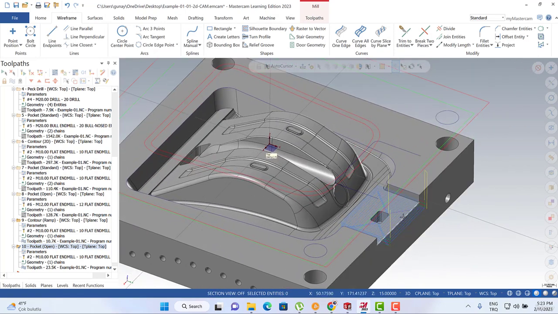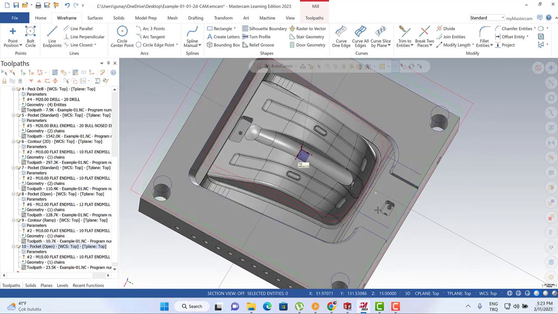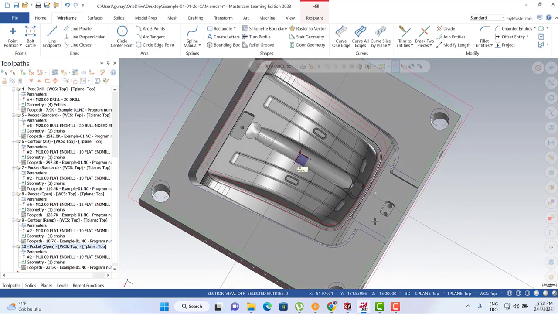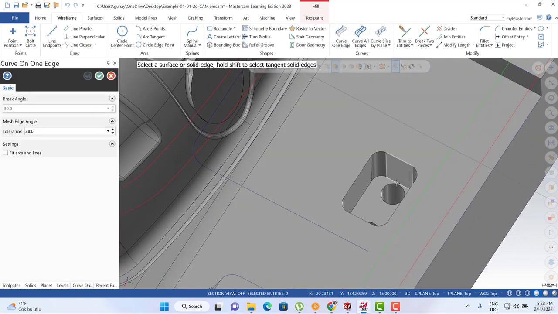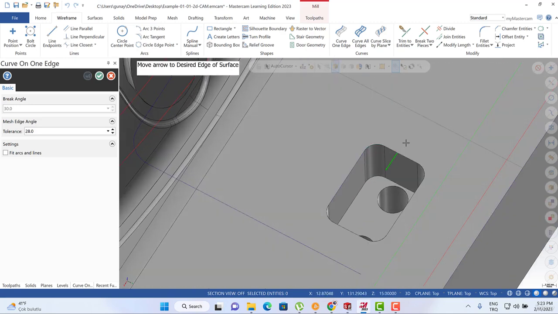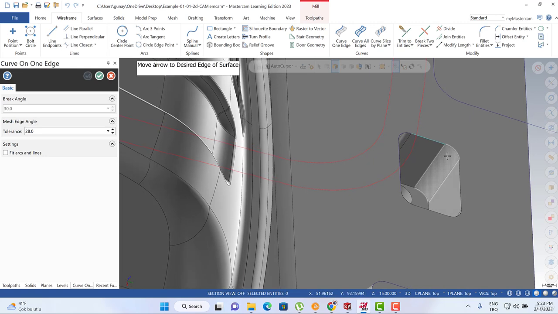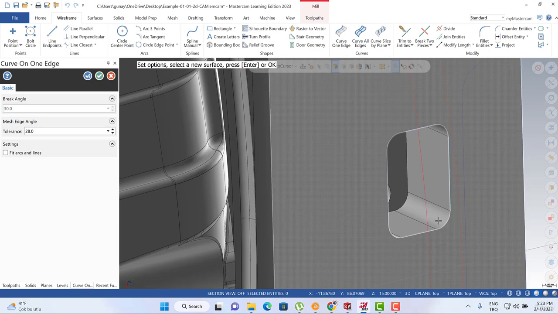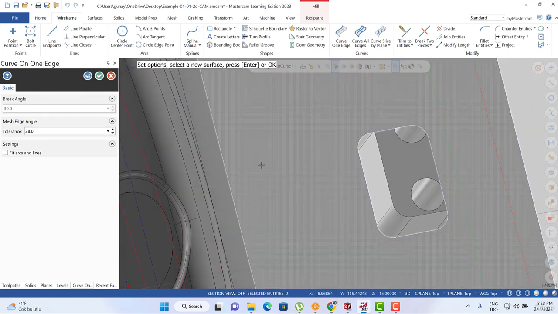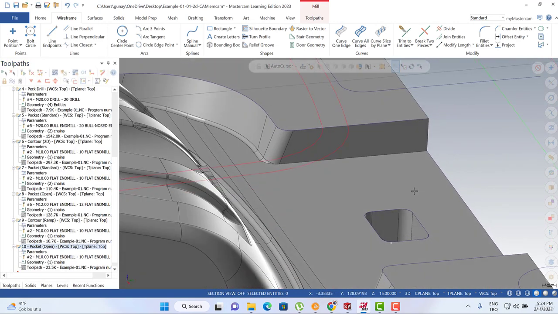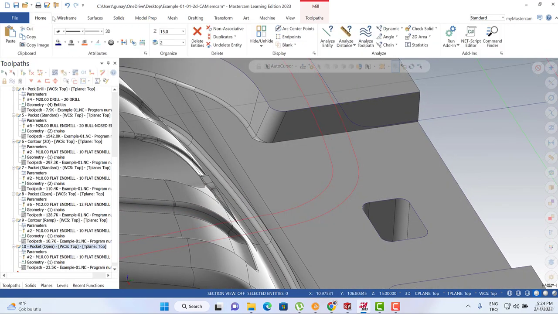Okay, that part is okay right now. Okay, let me analyze that stuff. I can turn to the curve on edge options. We can create some curve here, here, here, here, here, and we can also select this one, and this one. Okay, and then we can turn to the home,